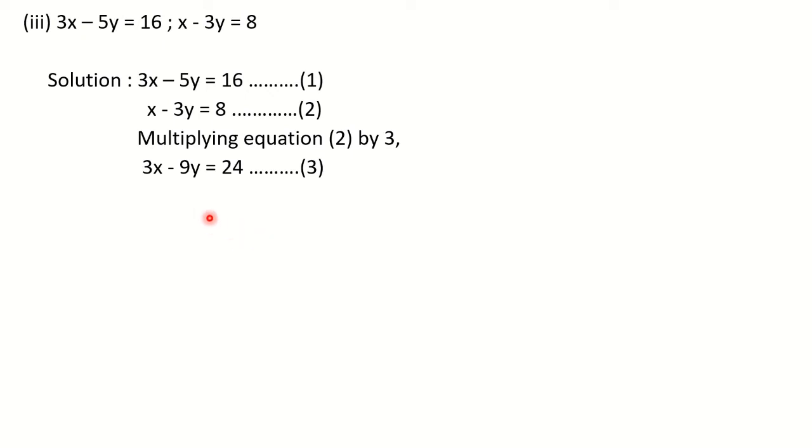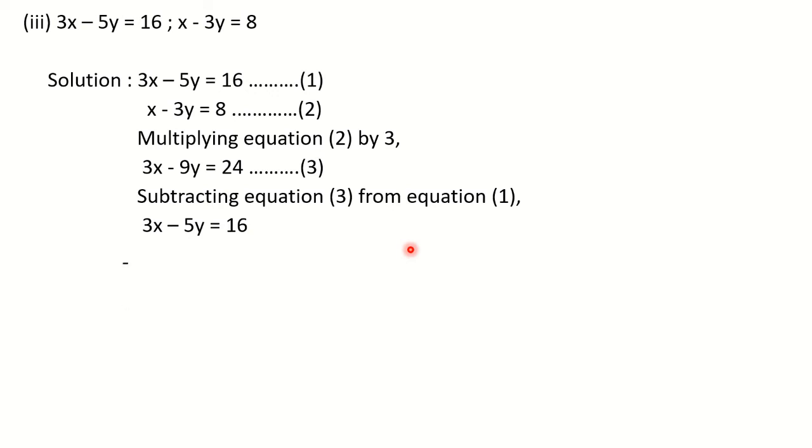So what we are going to do is subtract equation 3 from equation 1. That means equation 1 will appear first, then the minus sign which shows the subtraction, then equation 3. Then we are changing the sign of each and every term here. When we subtract, we change the sign of every term of the second equation. So see here, this plus has become minus, minus has become plus, and plus has become minus. So don't forget to change the sign.